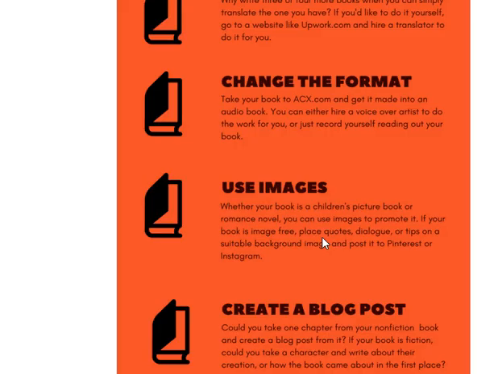Even if your book was a romance book, could you take one of the scenes, break it down to the smallest part, take some of the dialogue out of it and post it on an attractive background image? Then at the bottom of the image, could you put a link to where the book is, or your author's website, or wherever you're selling your books from? Somebody coming along and reading the small bit of dialogue might want to know more about the book, and you can send people to those areas where they can get the full book.